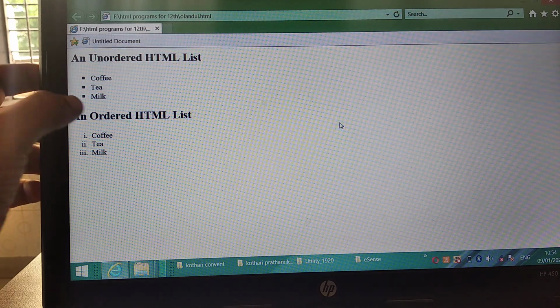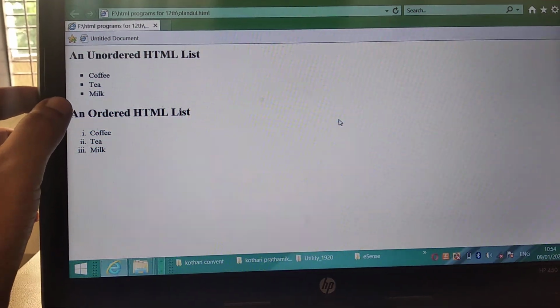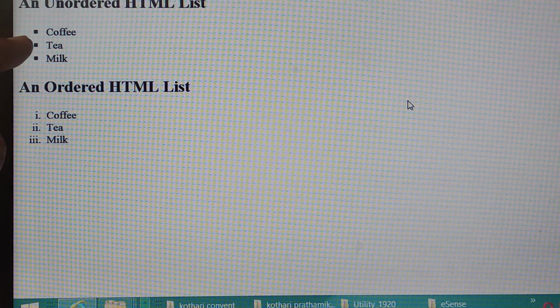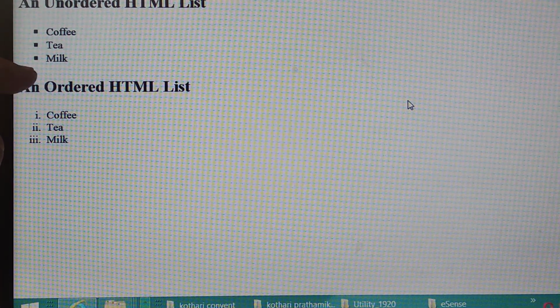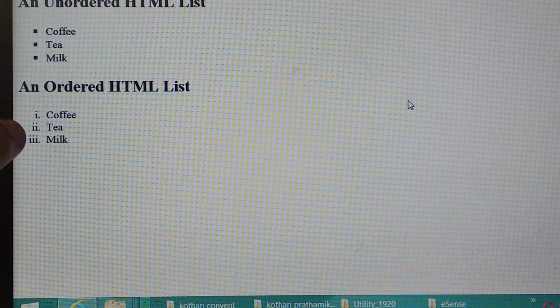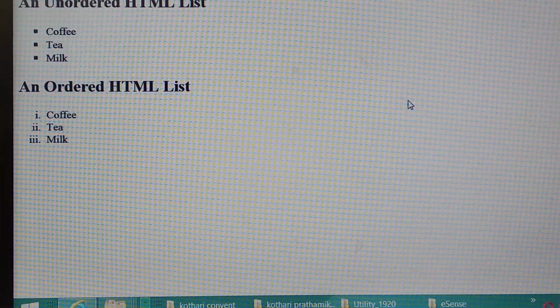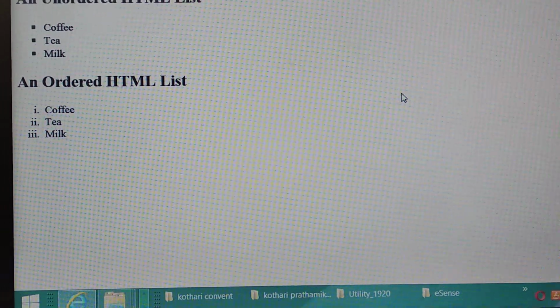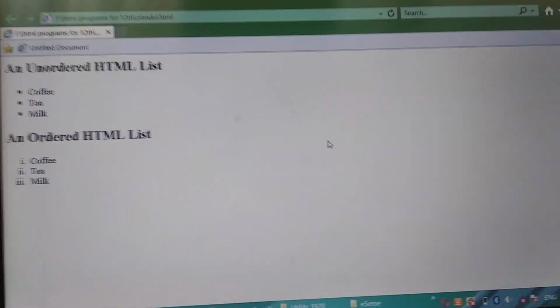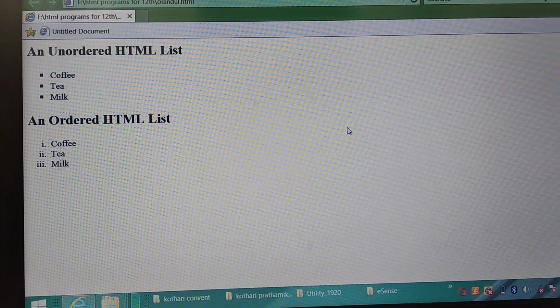I have given square here, so after zooming the output, you can see solid squares are there, and Roman numbers 1, 2, 3 have already been displayed over the output screen.